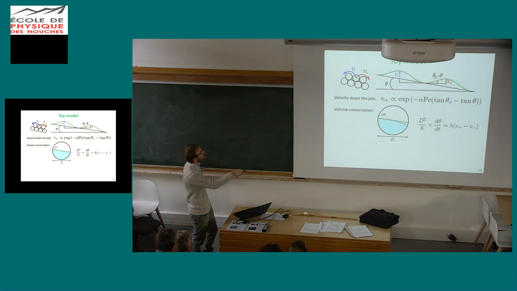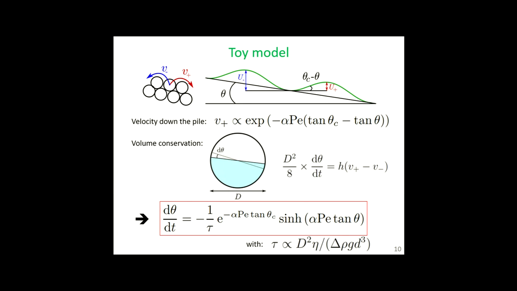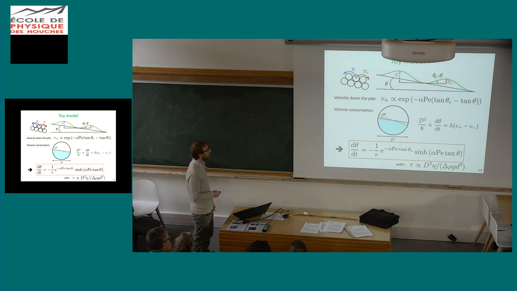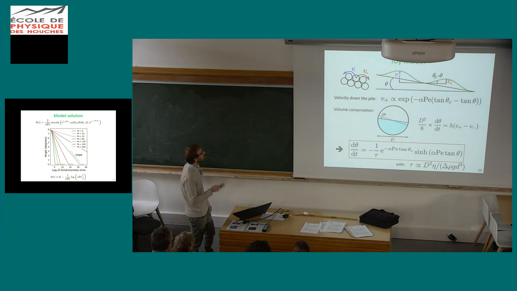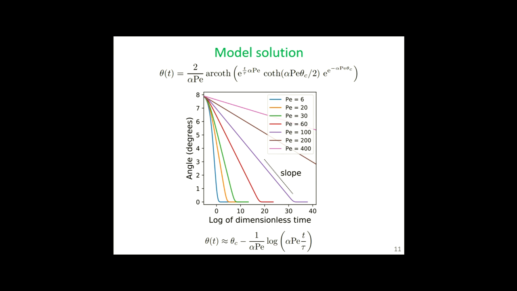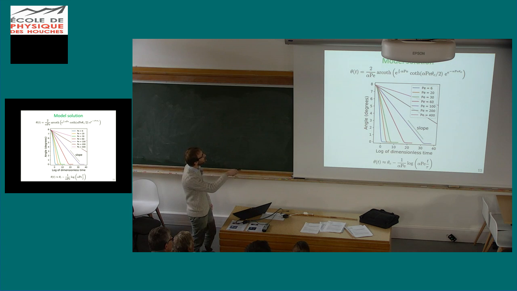So we say that the change of the angle of the pile, the particles that were there and that are going to be there, is simply the depth of the layer that moves times the velocity to go down minus the velocity to go up. If we add all this, then we find a differential equation for the angle of the pile. And there is here a characteristic time that depends on the size of the drum, the viscosity of water, the density difference between the particle and the fluid, and the size of the particle. It appears that there is an analytical solution to this equation, so I'm not going to talk a lot about this awful expression, but it's analytical. Okay. It's okay, beautiful.